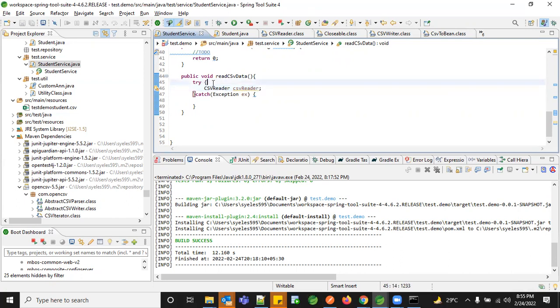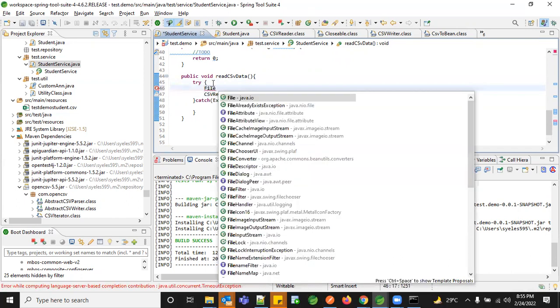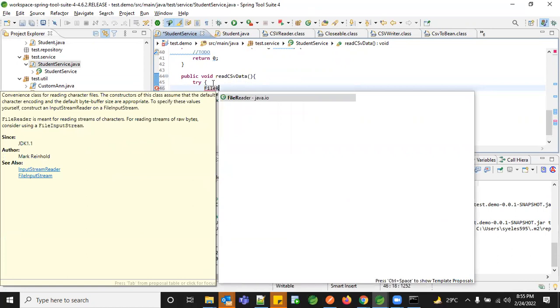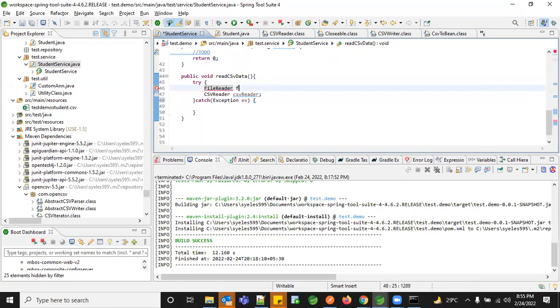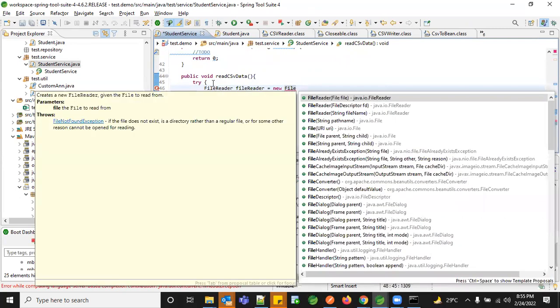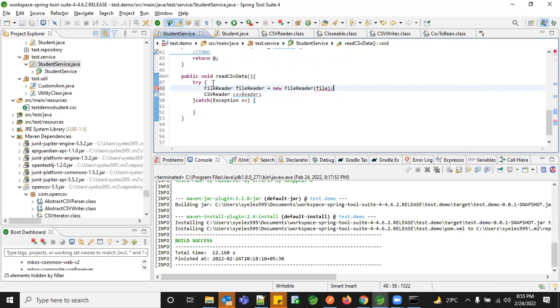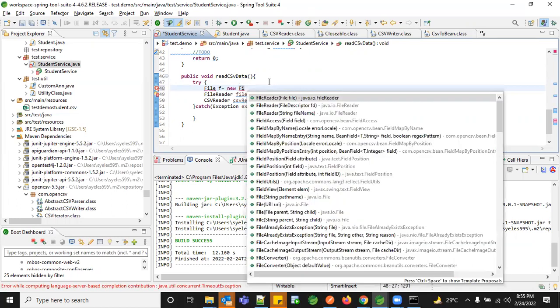There's something called file reader. You remember we used file reader earlier. We need to give the path. You need to give the file reader object and the file path. As of now, let me say file f equal to file.